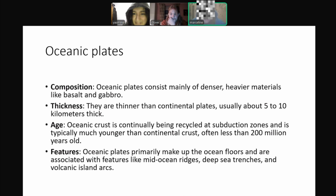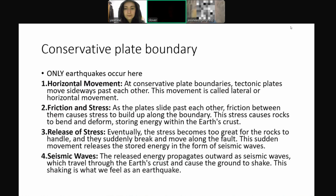I can't read. Guys, I read the word propagates in a German dictionary, FYI, so...